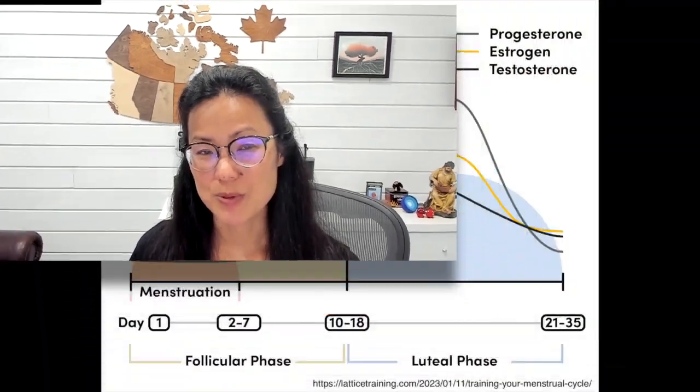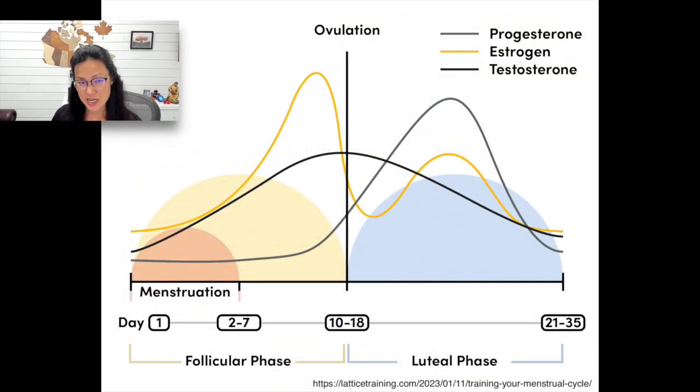So I've got an illustration here with the woman's reproductive or menstrual cycle, and this will make much more sense to you if you have a visual to guide you. Now, every woman's menstrual cycle varies in length and hormonal levels, but for the purposes of this explanation, you could say that this chart or this graph is a textbook perfect cycle.